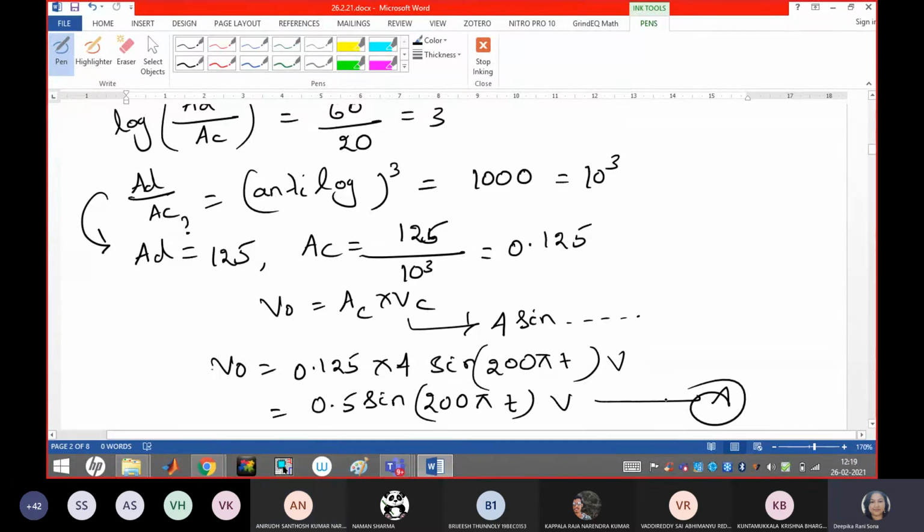It has not been mentioned, unlike in the previous question. If you see, both the values are mentioned. The differential gain has been given, the data are given in terms of V1 and V2, and the CMRR has been given, and it has asked to represent the voltage in terms of all these things. Means you have to include AD, VD plus AC, VC. But in this second question, the data is only confined to the common mode input. That's why.